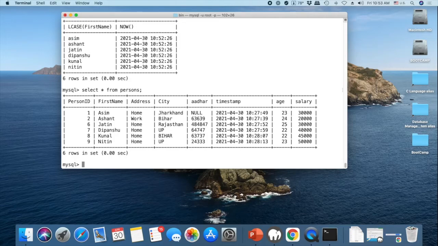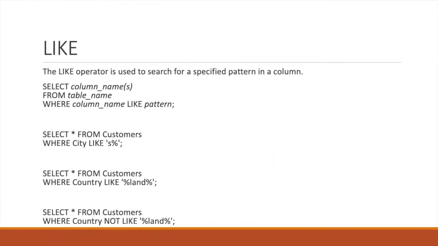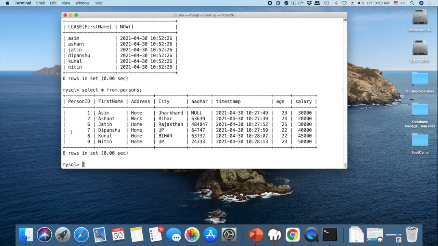Let me check customers city. Let me know how many people in our database have a name starting with A. Okay, I can see two names here with A. So if we want to find out how many people have A at the start of their name, the starting first letter is A, for that we use the like query: select star from persons where